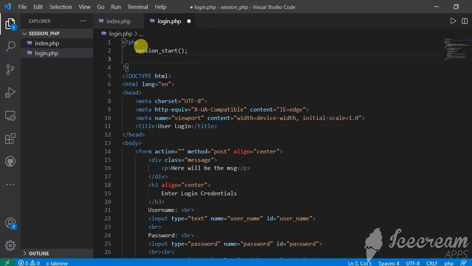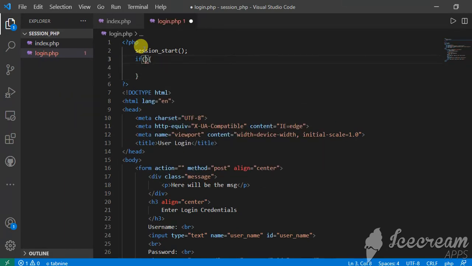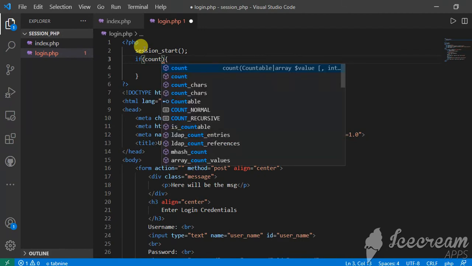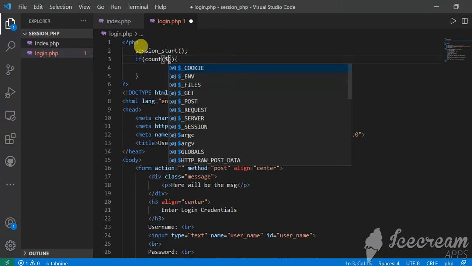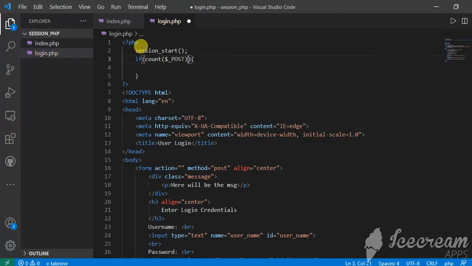And what we are going to do, we are going to remove this code here, and simply we are going to write an if condition. count is a function which is going to count post data. So if count of $_POST is greater than 0, then what you need to do,